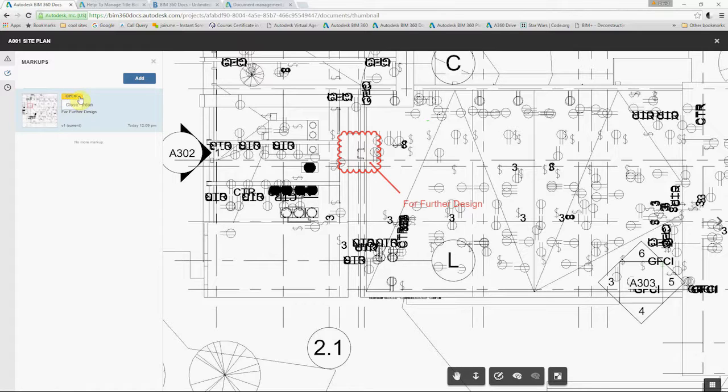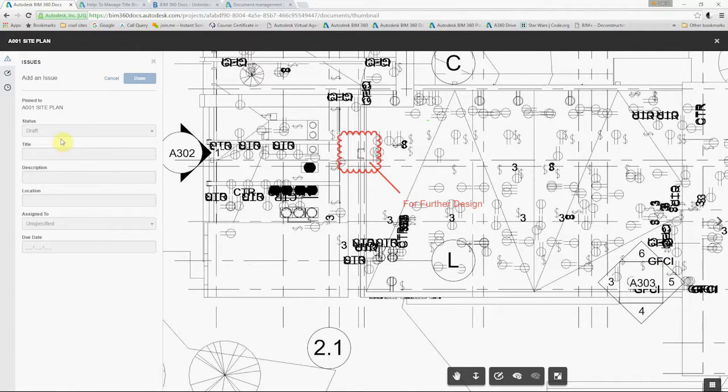In this case it's me. Now I have the permission to open or close that markup. So again, activity wise, all that information is stored in the background and fully auditable. Now issues is a recent event, so some of the features aren't turned on yet, but essentially I'll be able